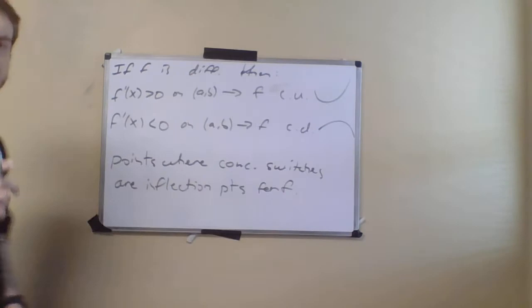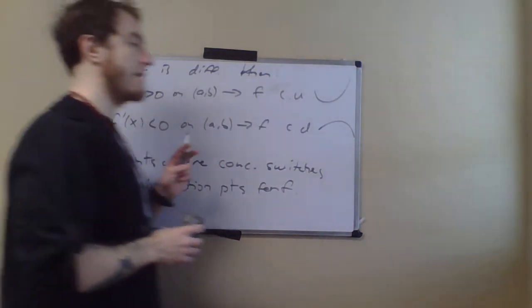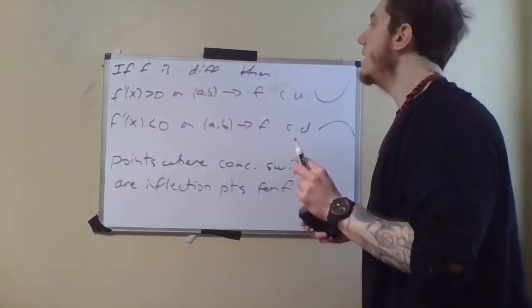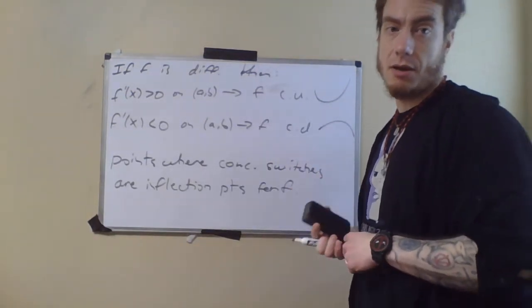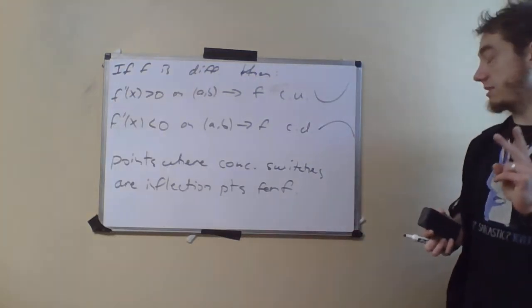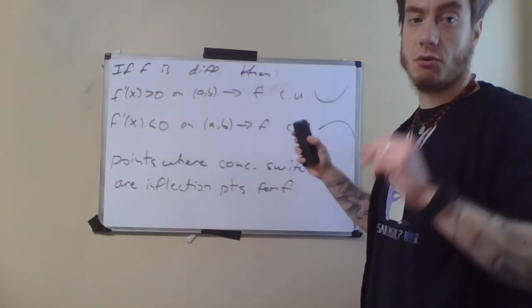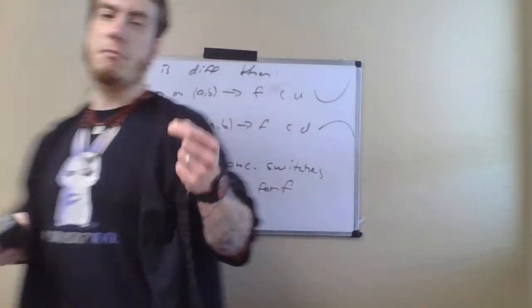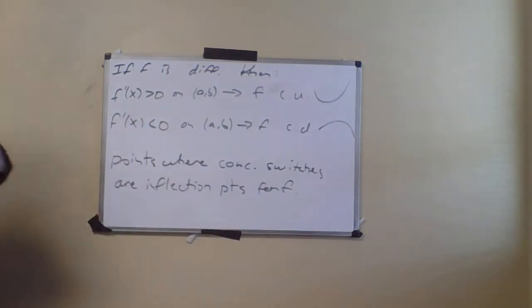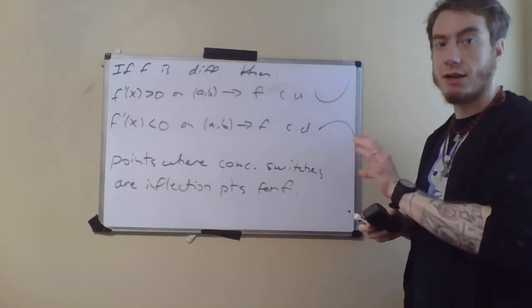Now, why does this matter? Why are we interested in this? Well, there are two things that make this very interesting. Actually, there's more than two things. The first thing that really makes this interesting is it tells us something about the shape of the graph. If I know that this thing is curving in a certain direction, that helps me make a more accurate sketch. But the other two things, the places where this connects back to the stuff we've been studying,